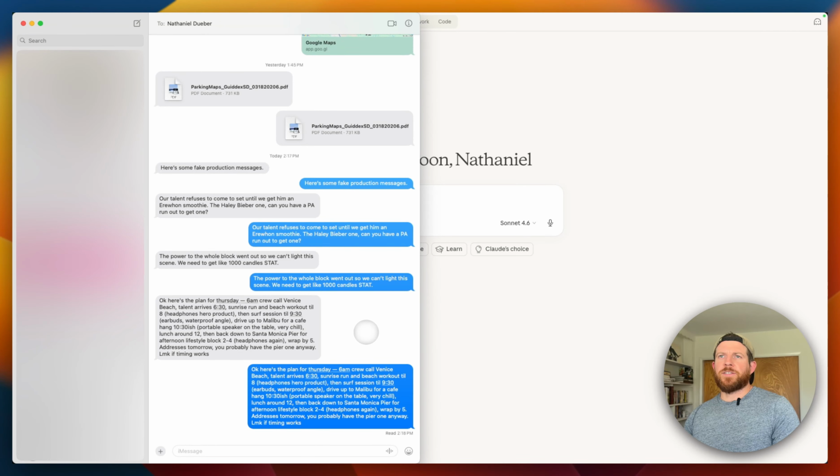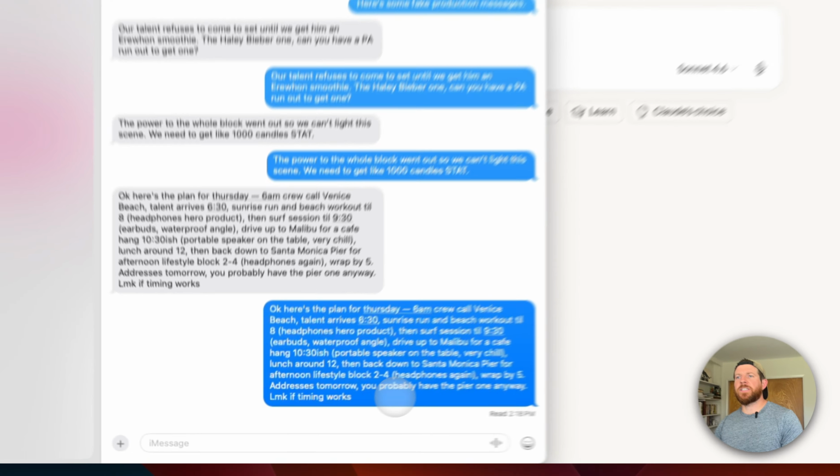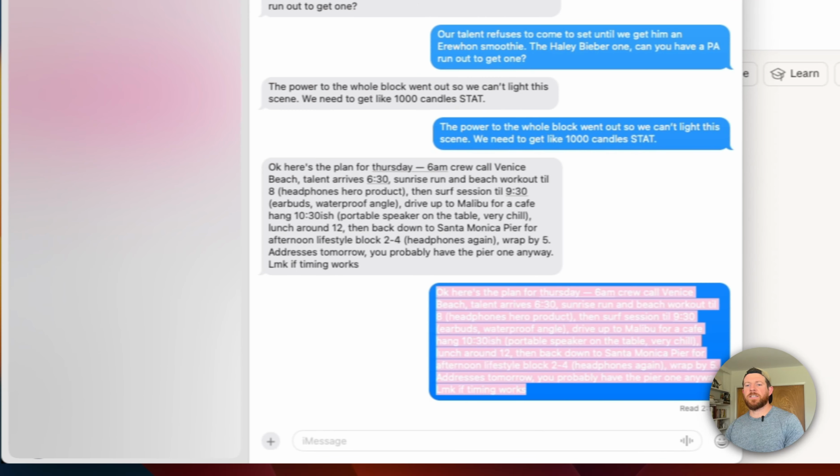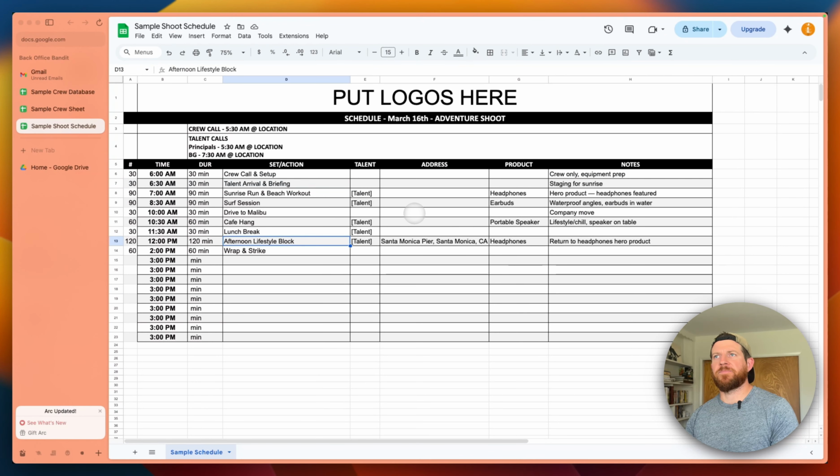So let's say your producer texts you some timings for your shoot day, and you need to convert all of that into a client-facing production schedule very quickly. So you need to take a jumbled mass of information like this and convert it into something like this. I was able to take this really tedious task and cut it down to under 30 seconds with a very